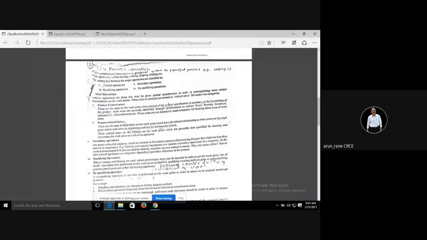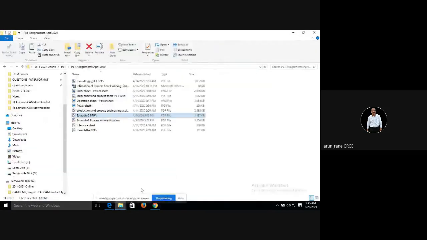So we will identify the product critical area and process critical area in the transbearing cage. If I take an example of the transbearing cage, there the basic process operation will be casting, the principal process will be cutting, and the major process will be turning. Now in the major process we are identifying what is product critical and what is process critical. So let me open the drawing. Transbearing cage.